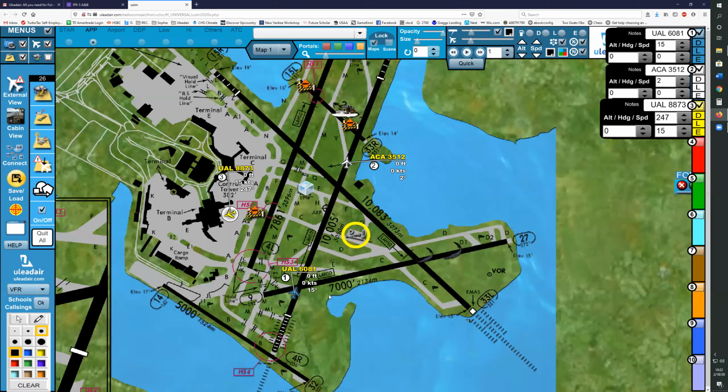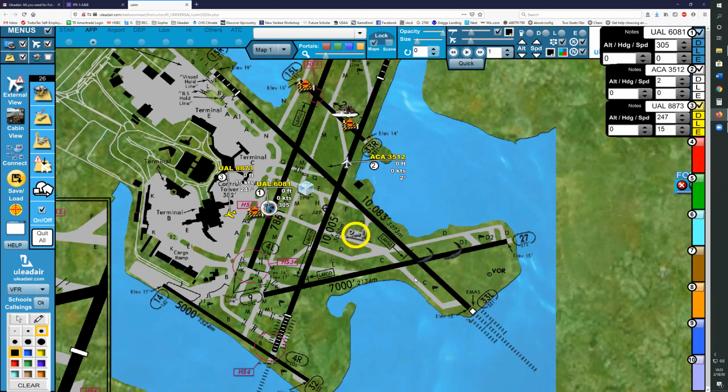United is holding short of Bravo on Charlie, waiting to taxi to the ramp. "United 6081, traffic is pushing back, and once he's clear, we'll have your taxi to the gate." So you let him know that you can see the traffic and he's still not pushed back.